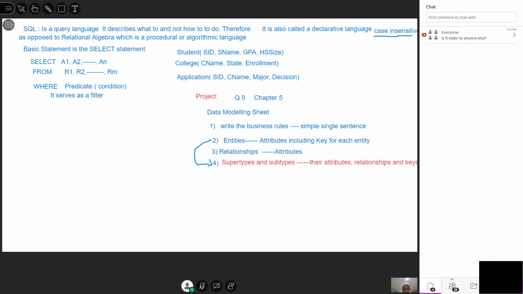So once you have all this stuff, now you can draw the ERD. Actually, it's not ERD, it's EERD. This is what we call extended